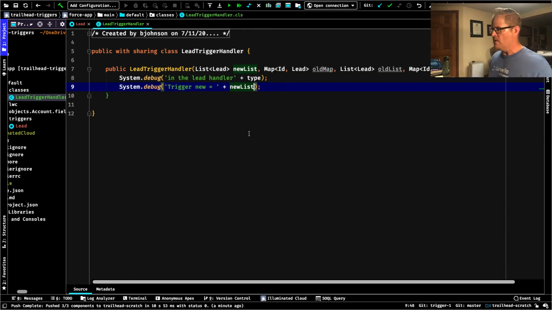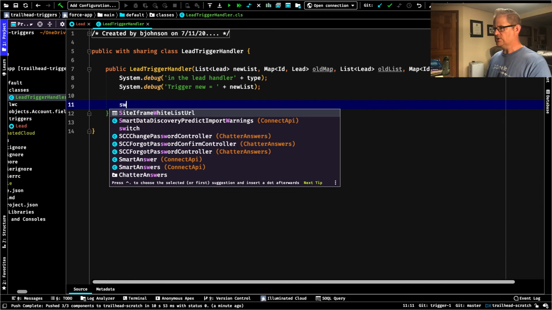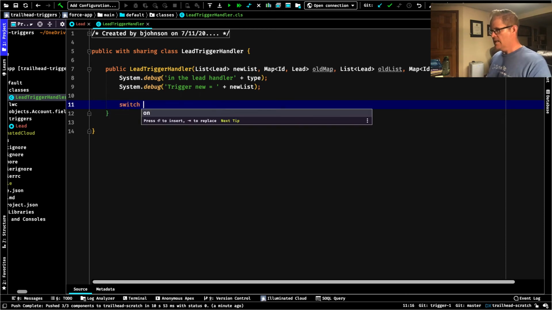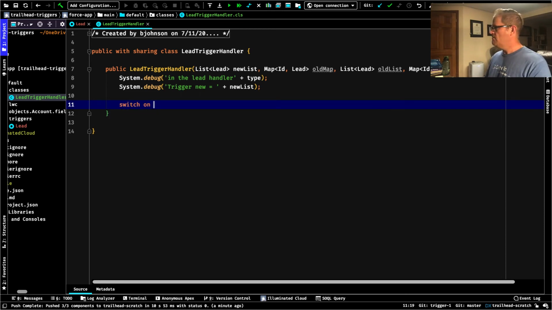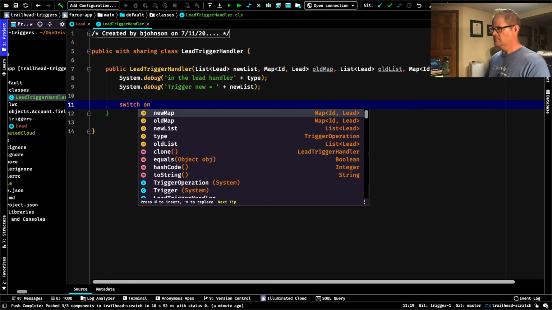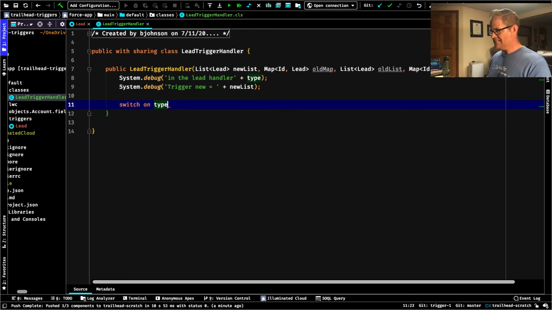So remember that trigger.new is the same thing as a list that's going to contain the SObject that the trigger was declared on. Now, because I don't want to get into a real advanced constructor, let's just say we're going to do a switch statement, which is kind of cool. I feel like it's a fairly new feature in the Apex language, and I don't see it used as often as it should be. So we are going to switch on type,